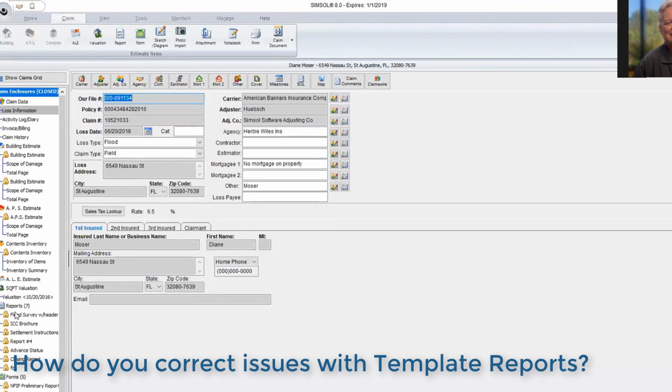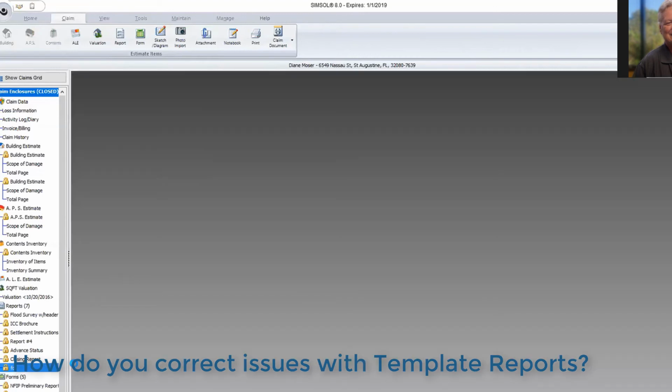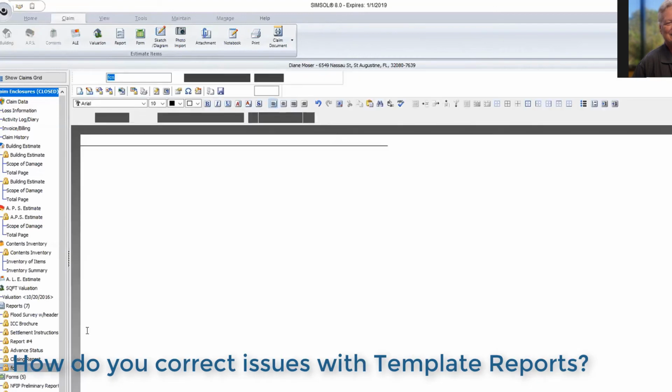What we have a problem with, or what comes to being, is people like to use copy and paste from pre-existing programs, like, for example, Microsoft Word. And that throws it out a little bit. What you probably could do on the reporter, if you did go into the reporter, if I go into a report here,